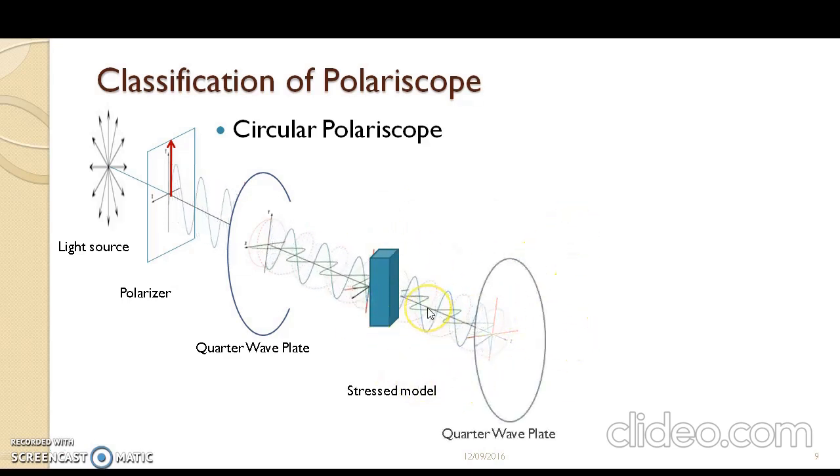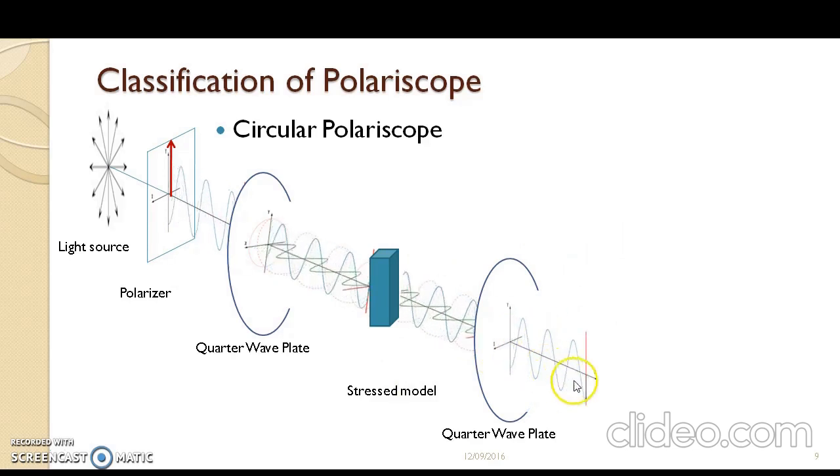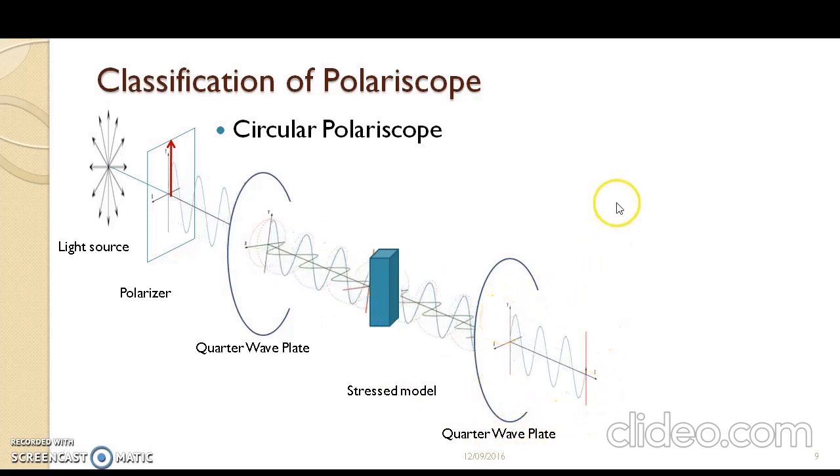Now again, this circularly polarized light enters this quarter wave plate where it becomes a plane polarized light. Now what exactly is happening here? In the quarter wave plate, this polarized light splits into two components called the fast axis and slow axis. Since it is getting retarded here, you get circularly polarized light. Now the quarter wave plate, again, if it is crossed, this circularly polarized light is cut off and you get a polarized light with a single plane of propagation.